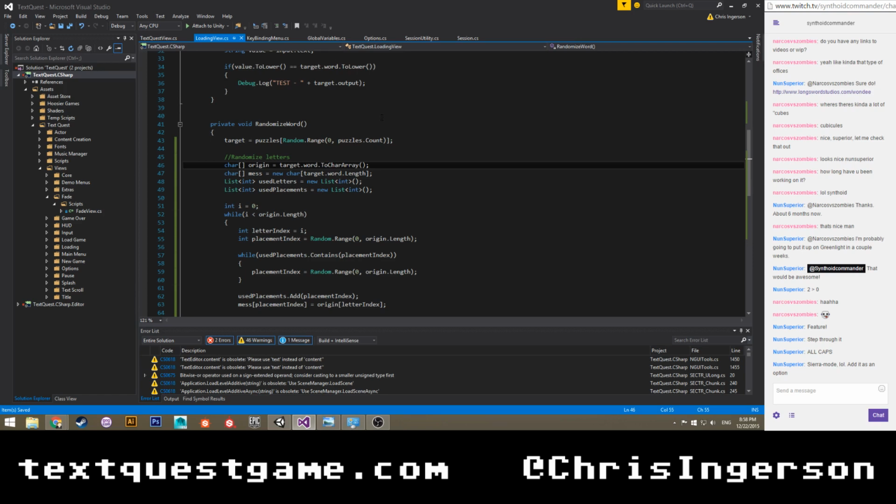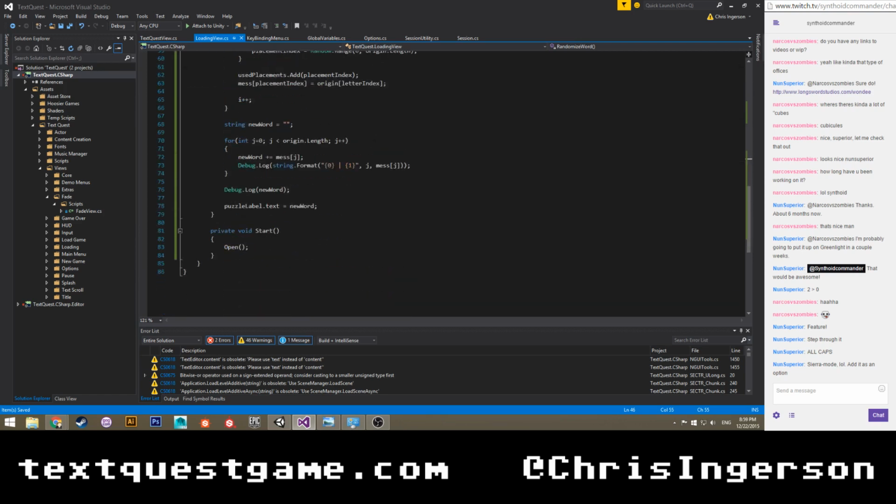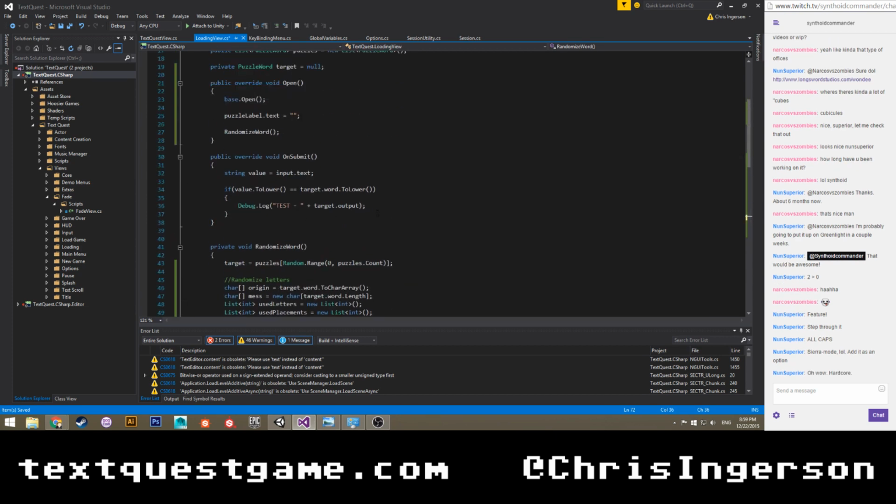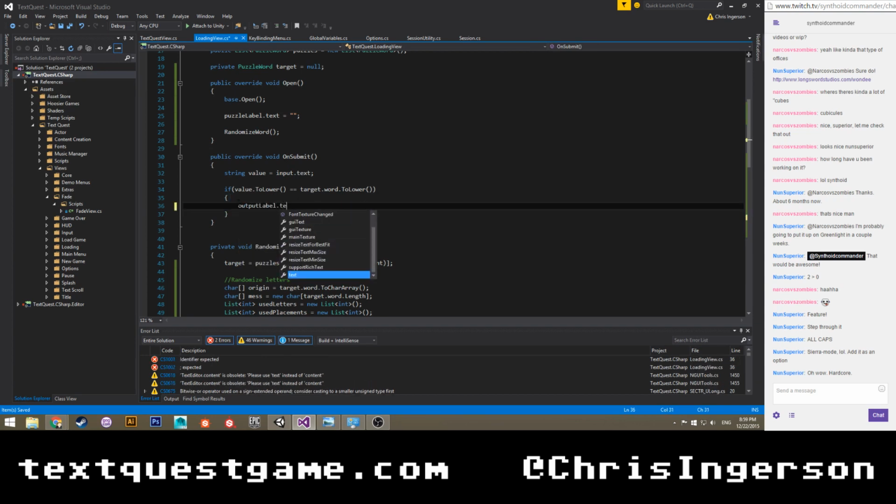Um, what was I going to do? Oh, right. Instead of just debugging, it needs to actually say what it's going to do. So, say output text equals target dot output.